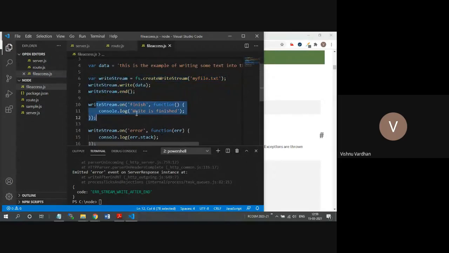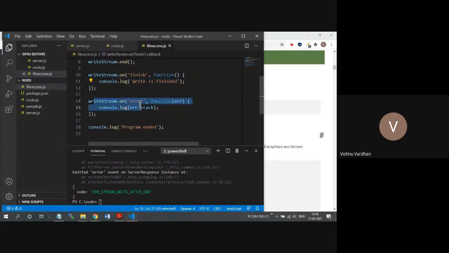Whenever that callback is finished, this is going to be printed on the console. And if there is any error, this particular error is going to be printed. And if everything is successfully run, the program ended is going to be printed. So in that way, we have our implementation in this file access.